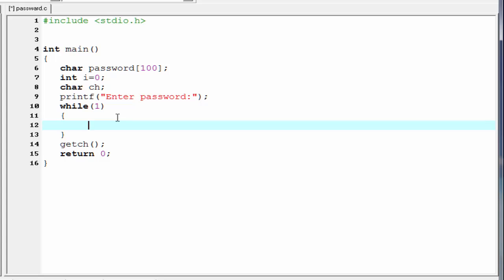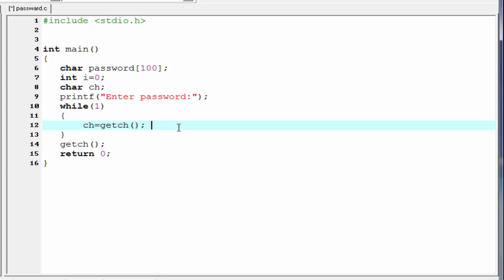Inside the loop, the first thing that we need to do is read the characters from the user. Here we use the getch function to read the character and the character will be stored in the variable ch. For that I am going to write here ch equal to getch.